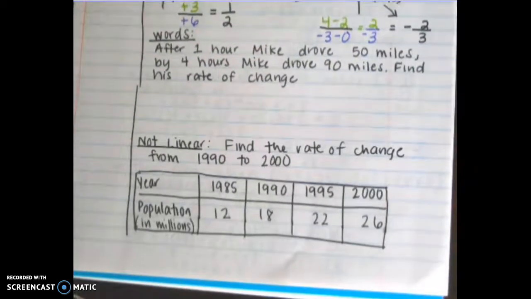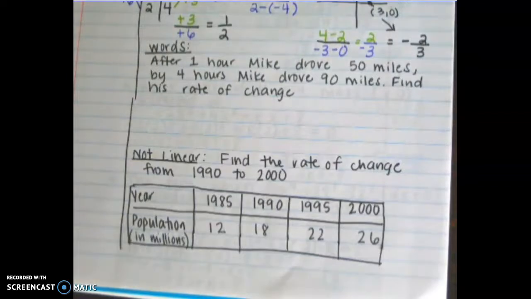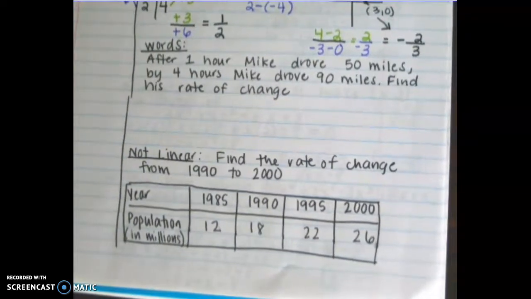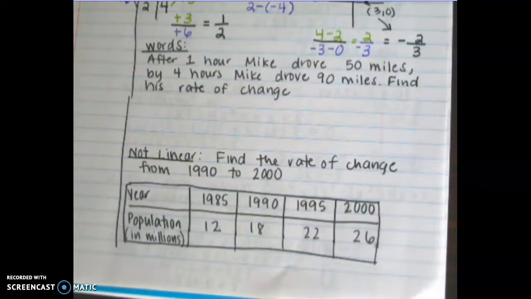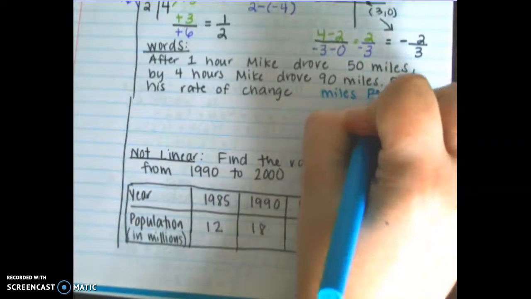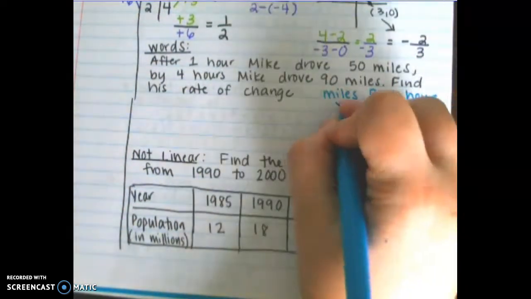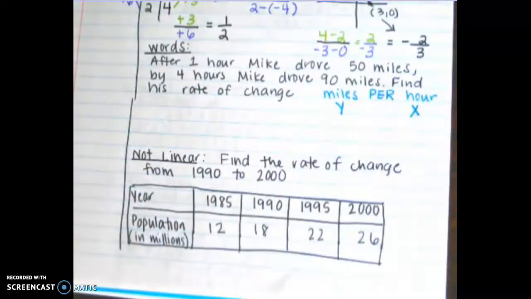All right, word problems. After 1 hour, Mike drove 50 miles. By 4 hours, Mike drove 90 miles. Find his rate of change. All right, so if you think about the unit, it helps you figure out which one is supposed to be X and which one is supposed to be Y. Chances are you've been in a car before, and so when you have the speed of a car, the way that you say it is miles per hour. The first one is your Y, the second one is your X,